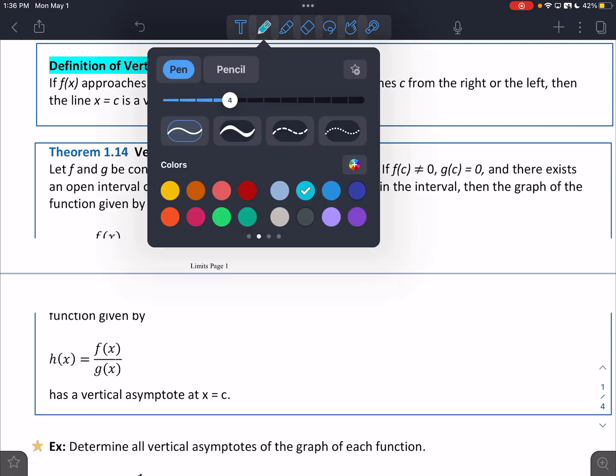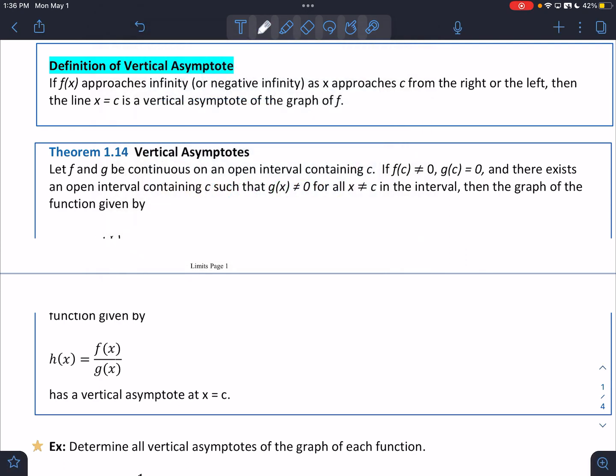Isn't that why it's usually unbounded? It's approaching the asymptote. So when we're discussing infinite limits, it is helpful if we also discuss asymptotes. So if f of x approaches infinity or negative infinity as x approaches c from the right or the left, then the line x equals c, wherever c is, is going to be where your vertical asymptote is,